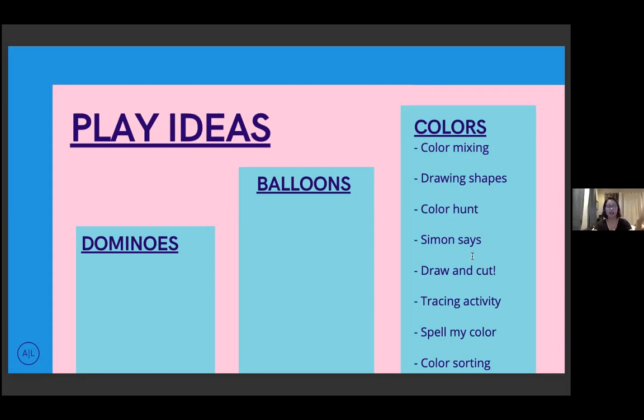It's very familiar. It's a very famous game. And draw and cut arts, tracing activity. You could also use crayons if your child doesn't like pencils, because it's very dull, it's just gray. If they're up for any other colors, you can use those colored pencils or crayons if they're smaller, just to practice their grip in tracing activities, tracing letters, tracing